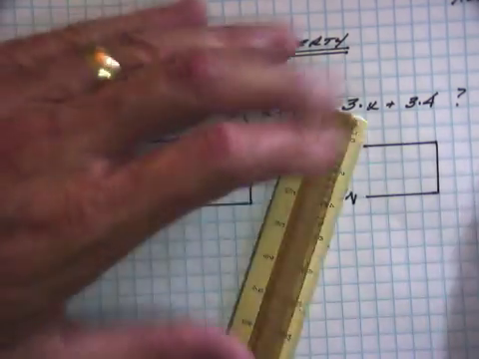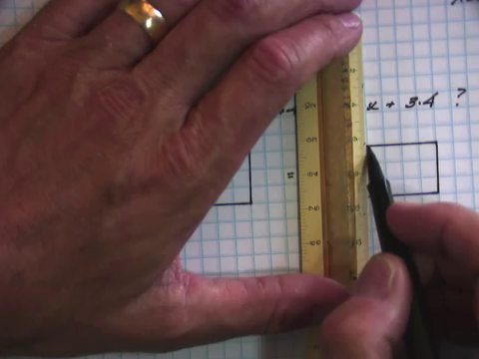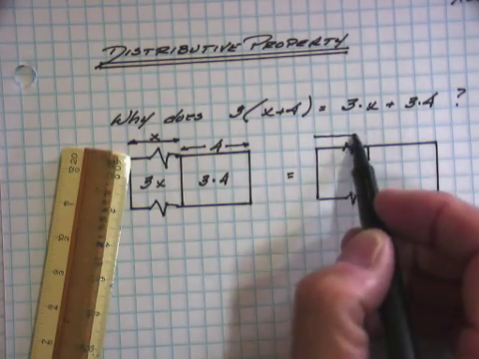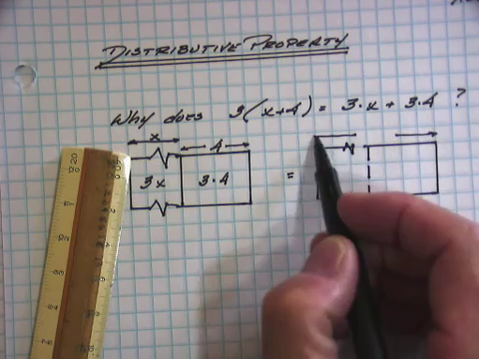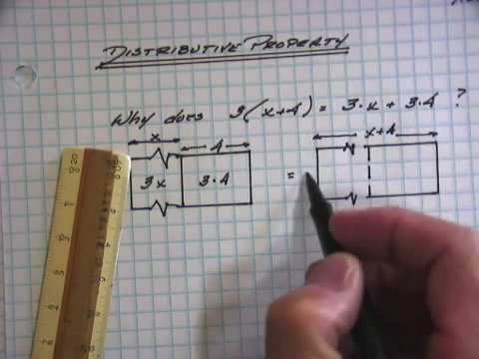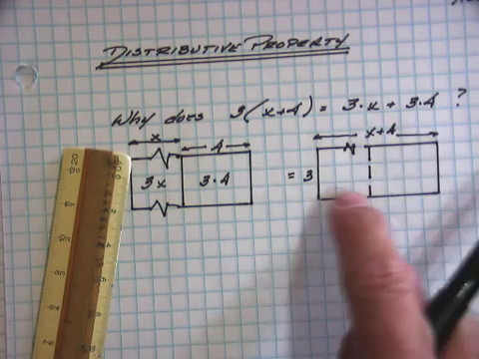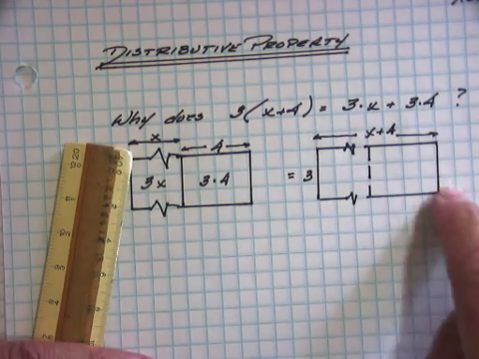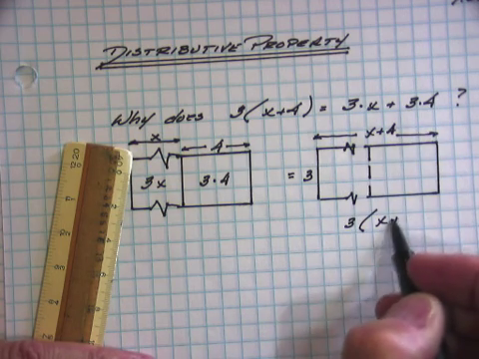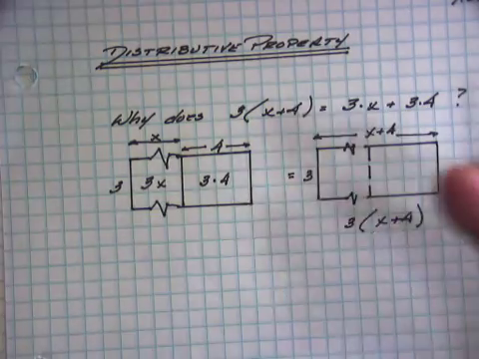But this time, instead of drawing a solid line right there, I'm going to draw a dashed line. Okay? Because I'm going to look at this dimension as a whole. This is x plus 4. This is still 3. So if I wanted to find the area of this overall rectangle, that would be 3